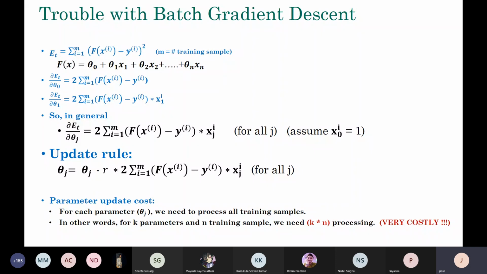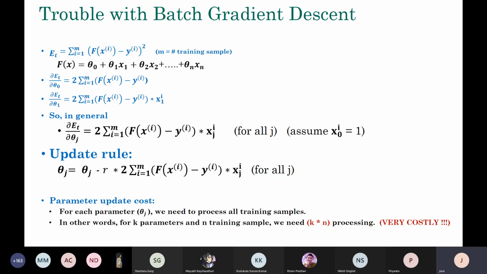For a single update, you need that much amount of processing. And for a very large number of data points, which is typically the case for modern machine learning methods, you deal with lots of data and lots of parameters, lots of dimensions. So this is going to be very, very costly. Think about a billion examples. The number of points in your training data is billions, and you have say 10,000 dimensional data. When you're dealing with images, for example, an image has lots of pixels and there are lots of images. You can understand how complicated this is going to be. So computationally, that is one of the biggest problems with the batch gradient descent, when you are taking all the training samples.